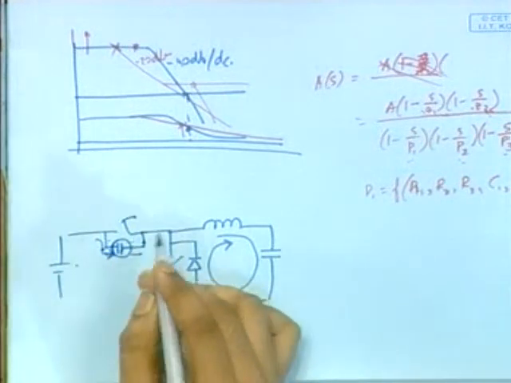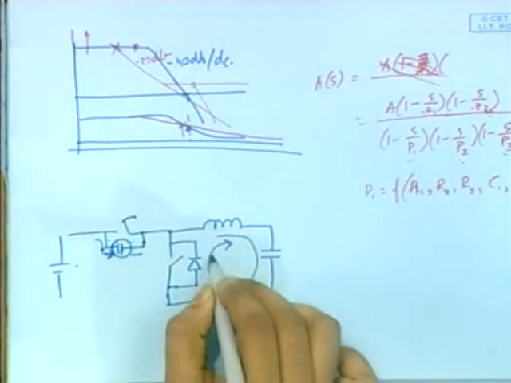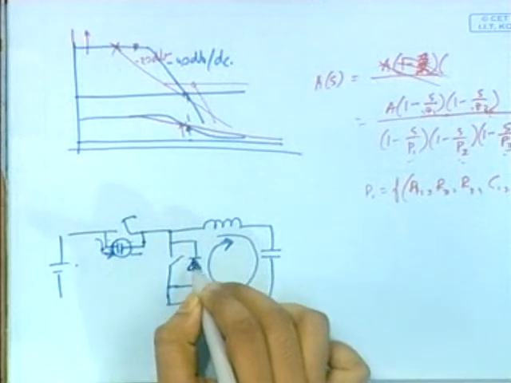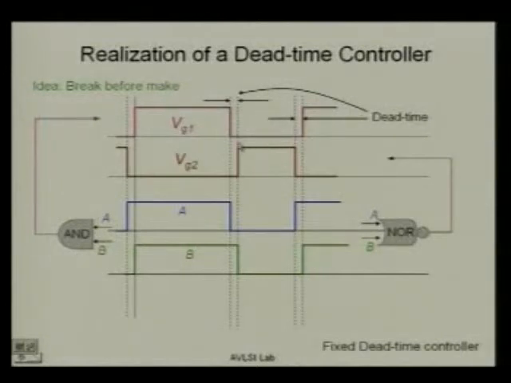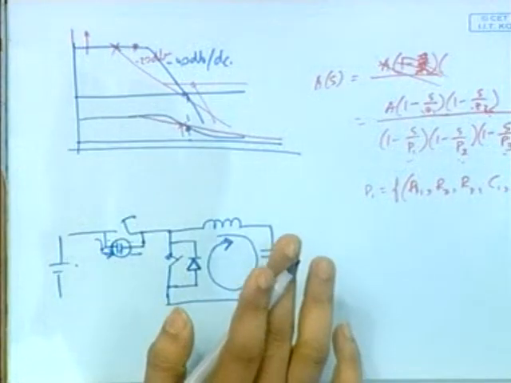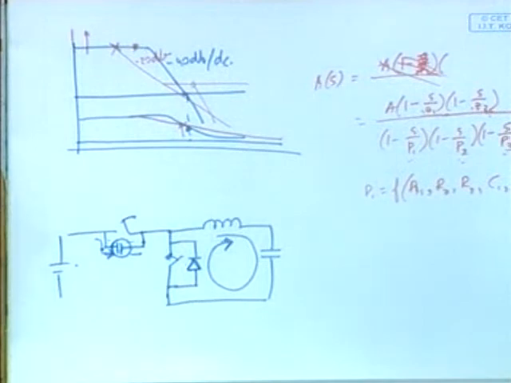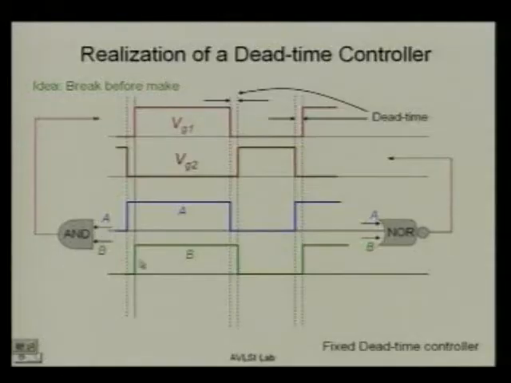So this takes some time. Till that happens, this circulating current is supported by this body diode, and once sufficient time gap is provided for that, we switch it on. So there is no shoot through. So this is called the dead time controller, and this is the realization that they generally do for your